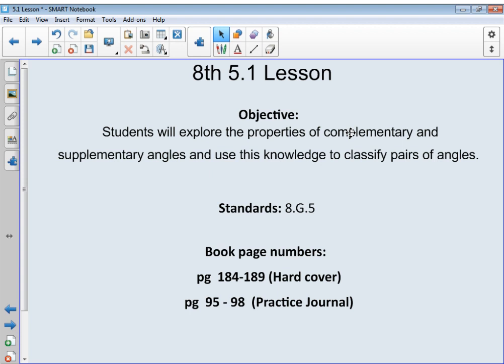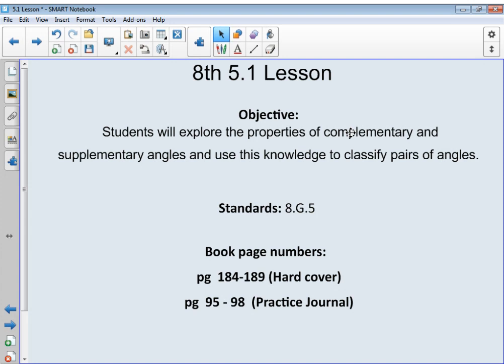Okay, this is 8th grade, lesson 5.1. In this lesson, students will explore the properties of complementary and supplementary angles and use that knowledge to classify a pair of angles. The standards covered in this lesson are 8.G.5. The page numbers out of the hardcover book are pages 184 through 189, and out of the practice journal, pages